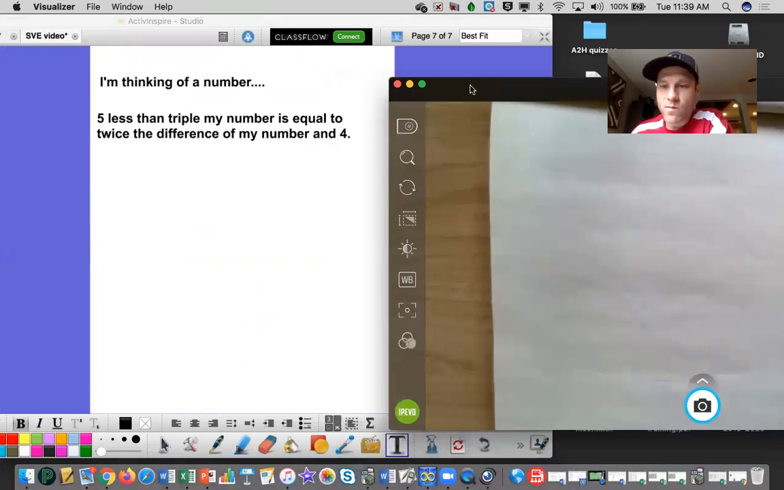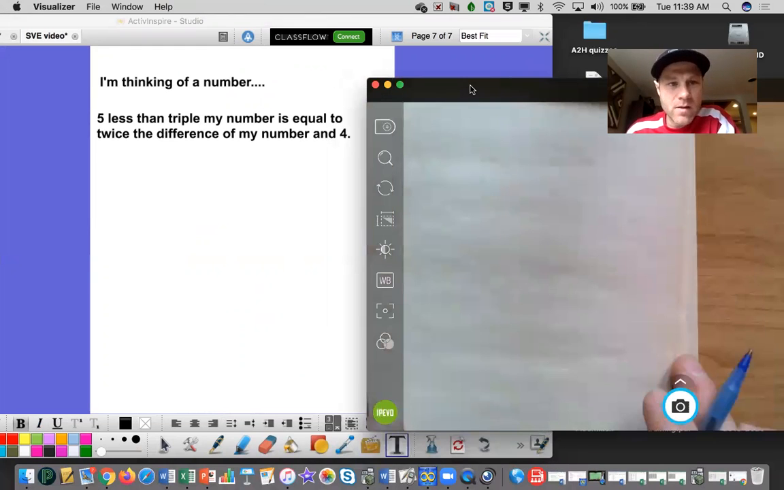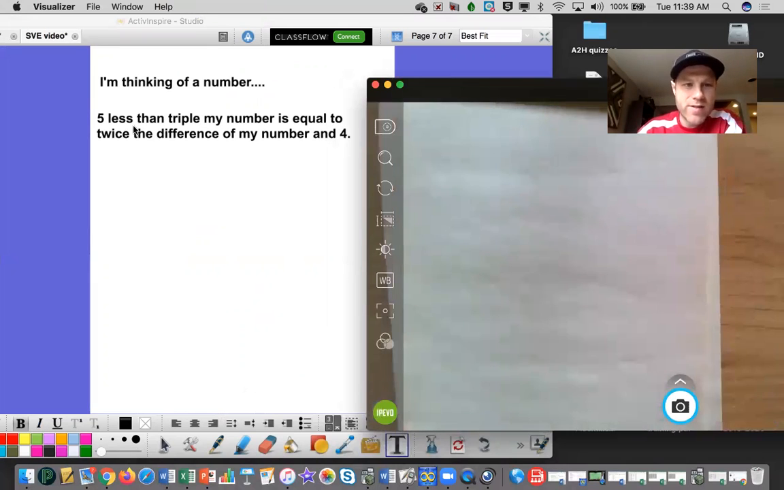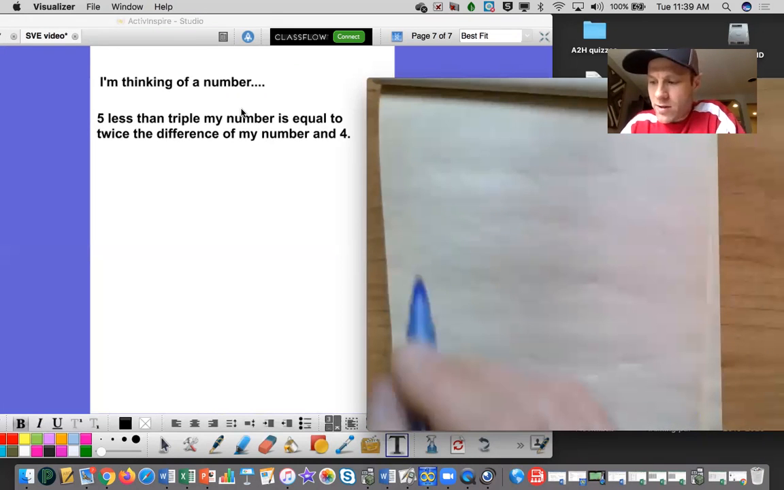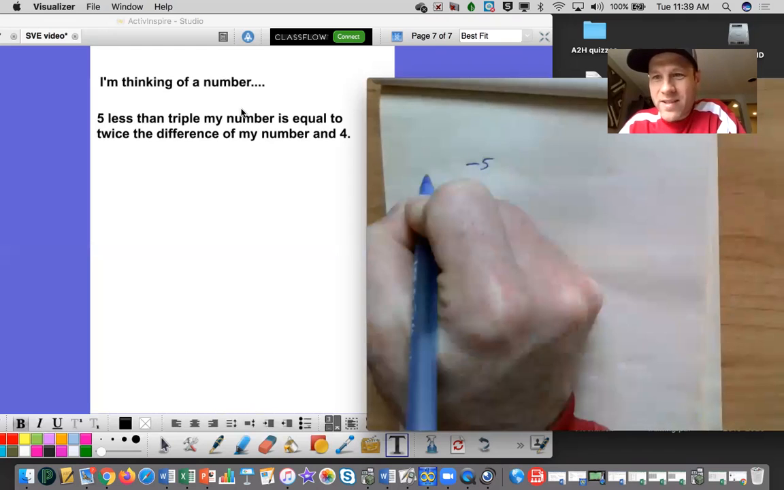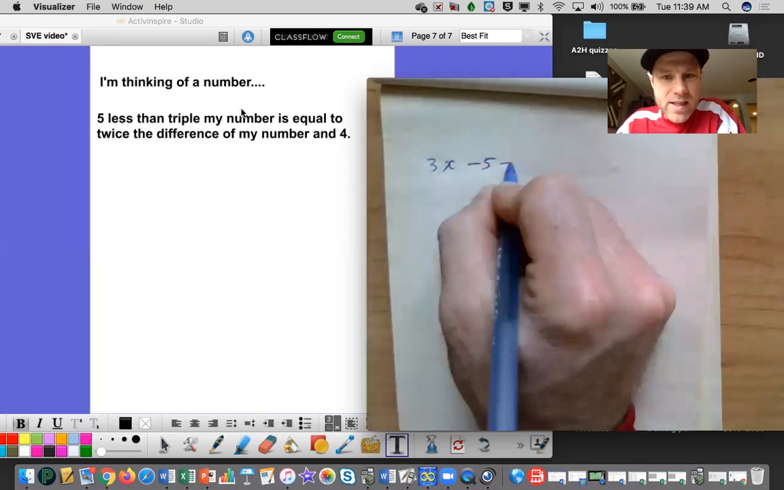It says 5 less than, triple my number. So I know this than right here is going to turn the 5 and it's going to come after. So when I write this, I know it's going to be minus 5 after something because the than means it's going to come second. Turn it around. Triple my number, so that would be 3x is equal to